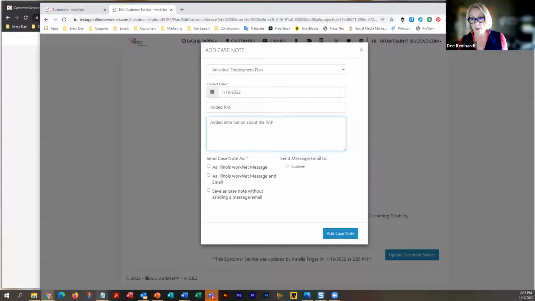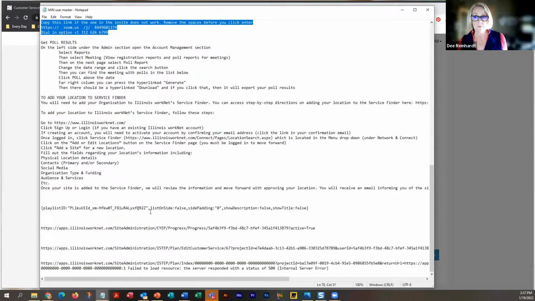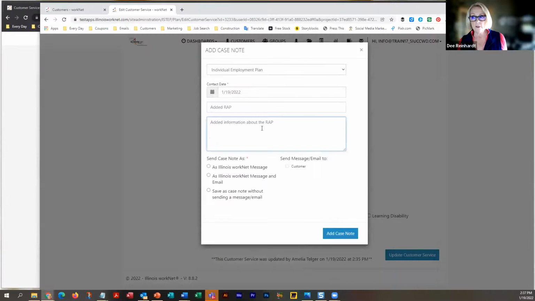I use Notepad for everything. And I have little comments here that I can just copy and paste. And so then it gives me a fuller case note so that if I'm coming in to look at a customer or if a monitor is coming in to look at a customer, we've got a pretty full explanation of what happened with that